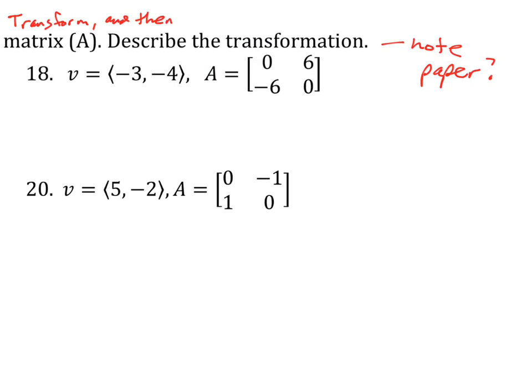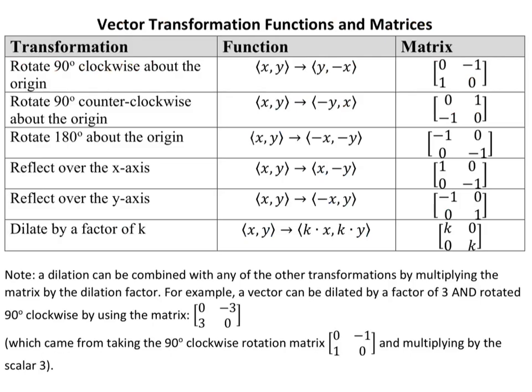It's a little bit easier, and then we'll jump to 18. So on 20, we got this lovely vector and then this matrix. So look on your note paper and find this matrix and see which one it is. Oh, it's this one. And this is a transformation that rotates 90 degrees around the origin, which you're going to